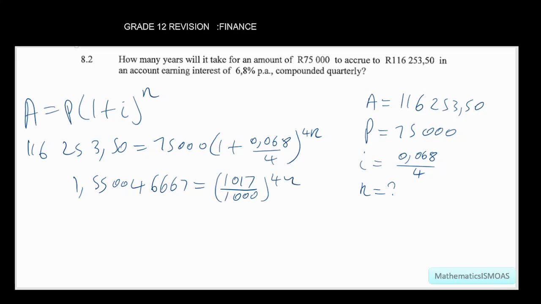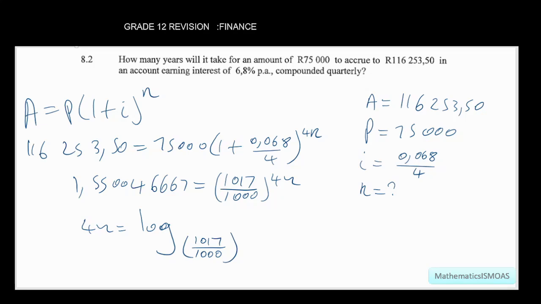And then from here, we use logarithms to solve for n. Then 4n will be equal to log with base 1017 divided by 1000,